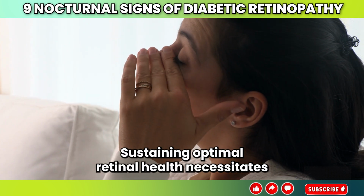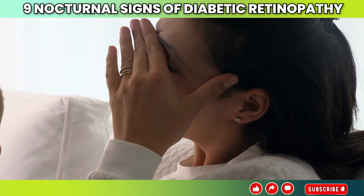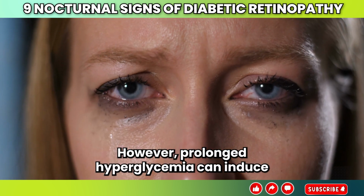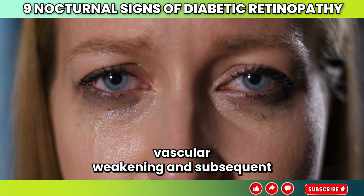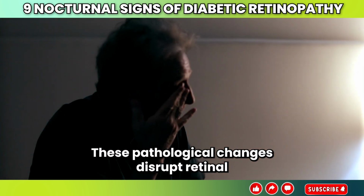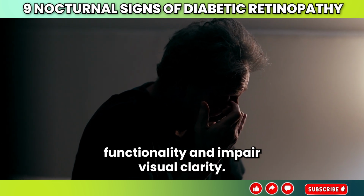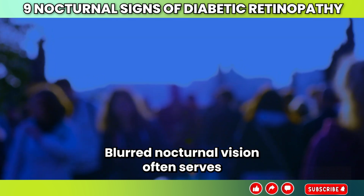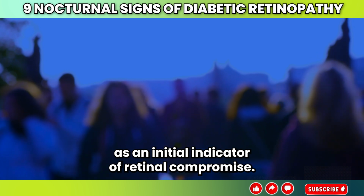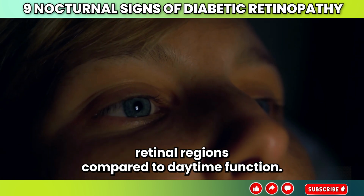Sustaining optimal retinal health necessitates the integrity of numerous microvascular structures. However, prolonged hyperglycemia can induce vascular weakening and subsequent fluid leakage or blockage. These pathological changes disrupt retinal functionality and impair visual clarity. Blurred nocturnal vision often serves as an initial indicator of retinal compromise, as nighttime visual processing engages distinct retinal regions